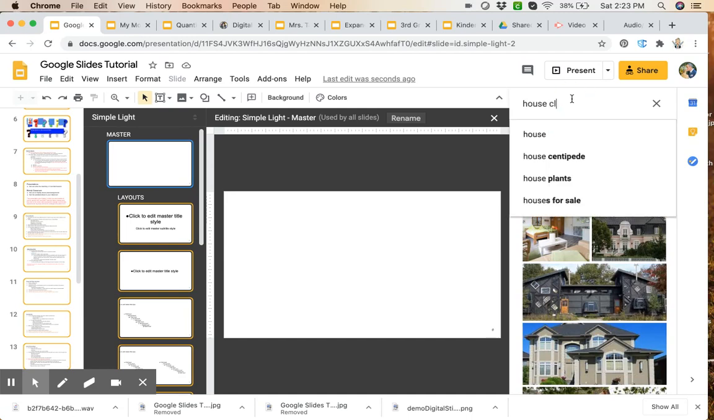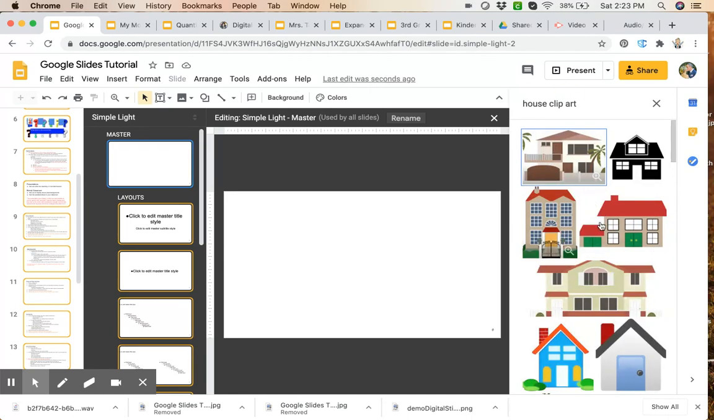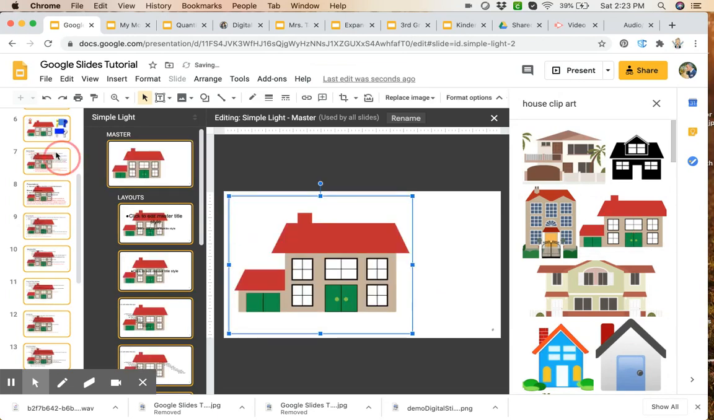Let's do house book. So I insert it, and now look over here. Every single slide has that background. So the nice thing is that if you want the same background on every single slide, this is a great